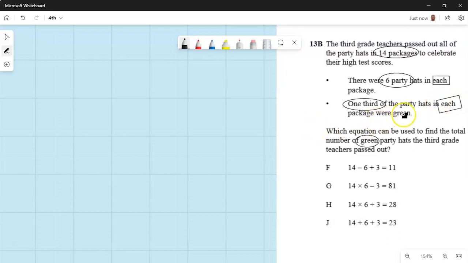Okay, or green. Okay, so I can see the word each here. Whenever I see the word each, I know I'm talking about equal size groups. That means it's going to be either a multiplication or division problem. Multiplication or division. So whenever I'm trying to figure out whether it's multiplication or division, I'm going to use a get strategy. So I need to figure out how many groups there are, how many are in each group, and